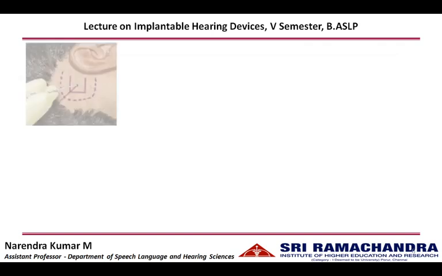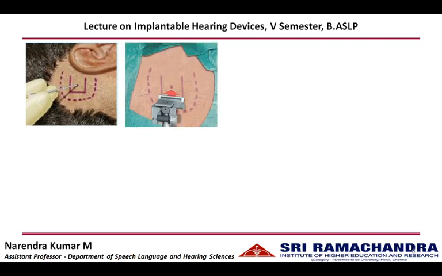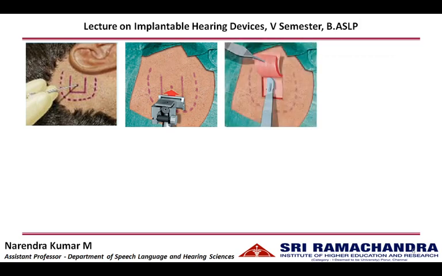Let us see how the skin flap technique is used for bone conduction implantation. The surgical site is marked and local anesthesia is provided. A dermatome is used to take a skin flap. Once the skin flap is made, the soft tissues and the periosteum are removed. Then the site of implantation is marked on the skull bone. The thickness of the skin is measured using a gauge to choose the appropriate length of abutment.